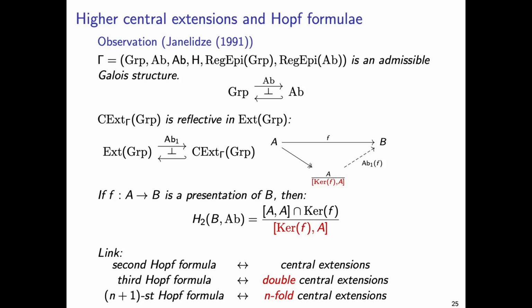On the other hand, we know that if F is a projective presentation of B, then the second Hopf formula for the integral homology of groups is given by the quotient of the commutator of A with itself intersected with the kernel of F by the commutator of the kernel of F and A. So what we see here is that the same object, namely the commutator of the kernel of F and A, appears in both the centralization and the second Hopf formula. And the question was then, can one define a notion of double central extensions and then higher central extensions, which relates to the Hopf formula in the group case, and then